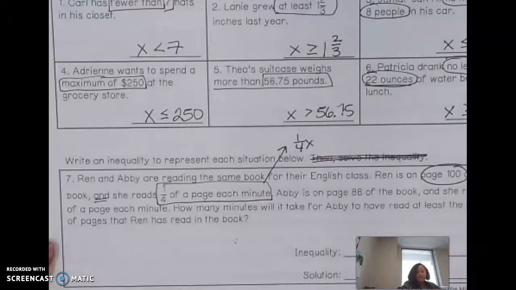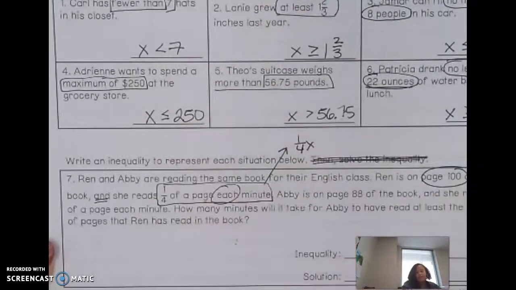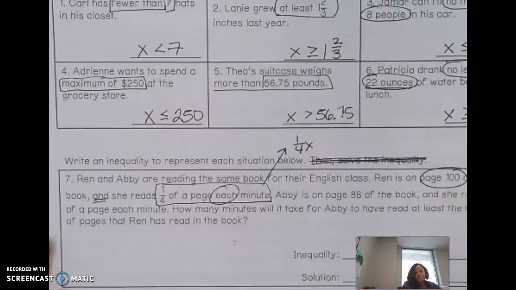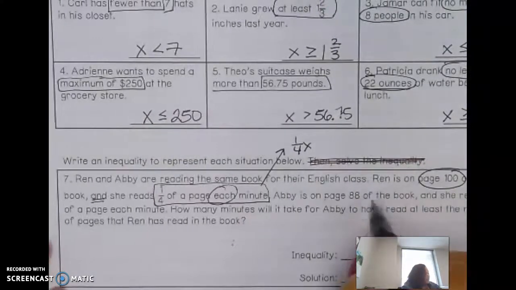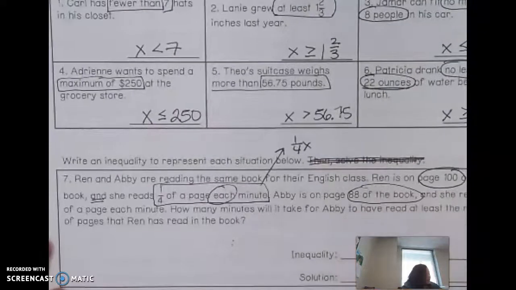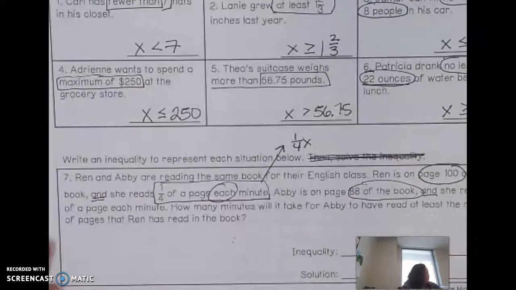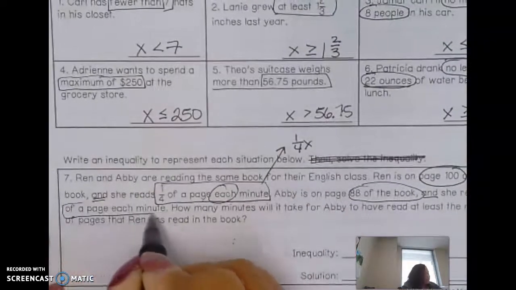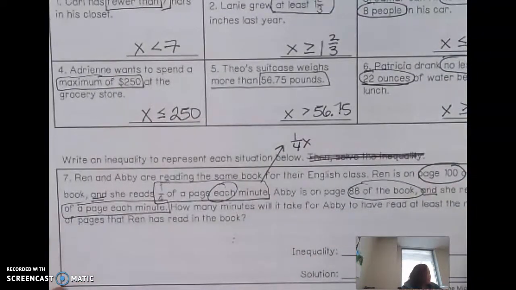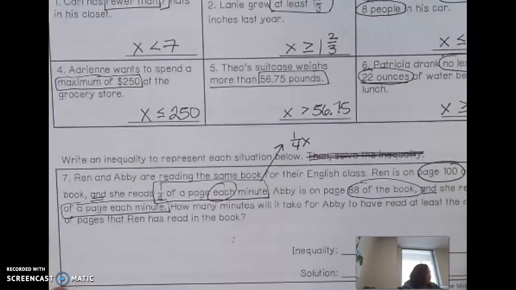1/4 X, okay? "Each" is the indicative word for a rate there. That tells me I need to multiply 1/4 times the minutes. Abby is on page 88 of the book. That's where Abby starts, and that's my operative word. She reads half of a page each minute. So that's Abby's rate, 1/2